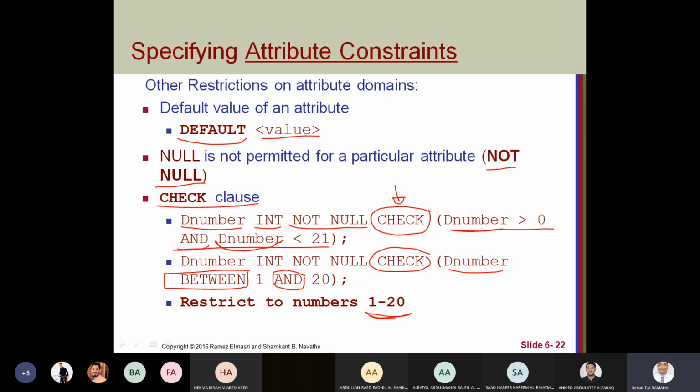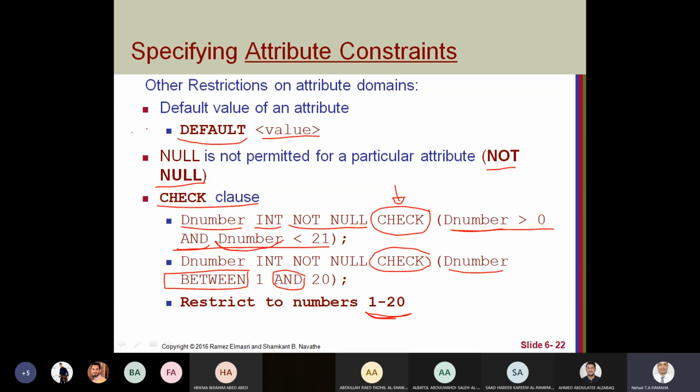So it's also a Boolean condition. If the check is true, it will allow inserting the data. If false, it will disallow this insertion.